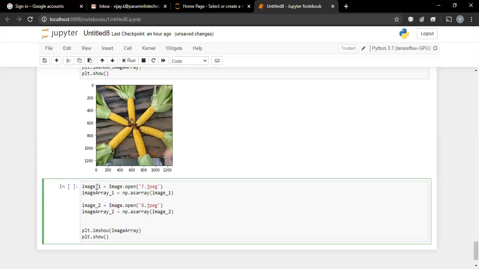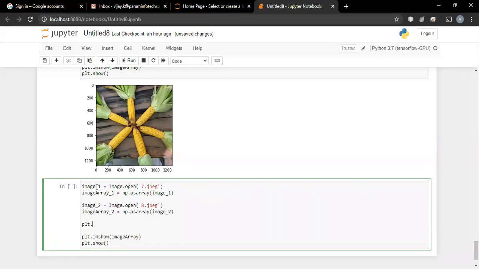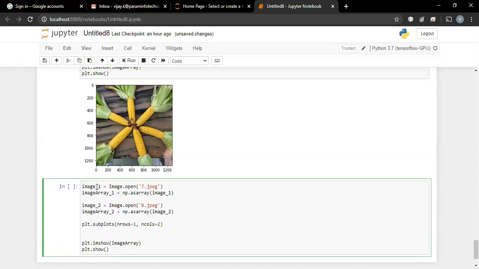So what we need to go for is subplot. plt.subplots, where we will say nrows, let us say we want only one row, and ncols, we want two columns: one row and two columns. Next is plt.subplot, here the s is missing.